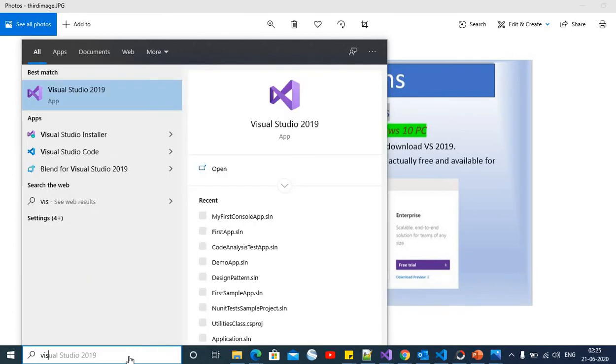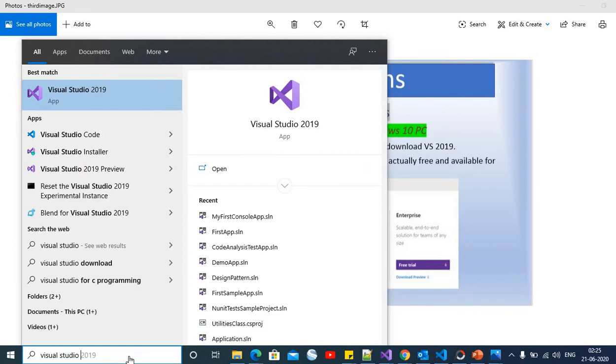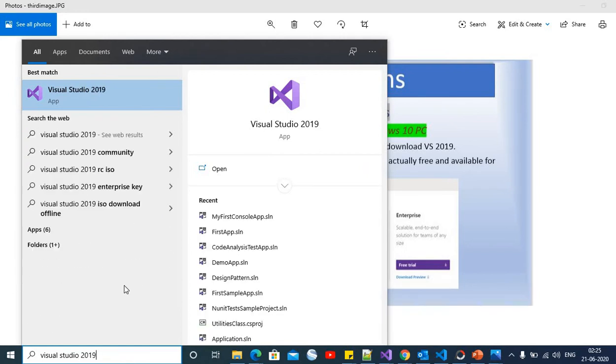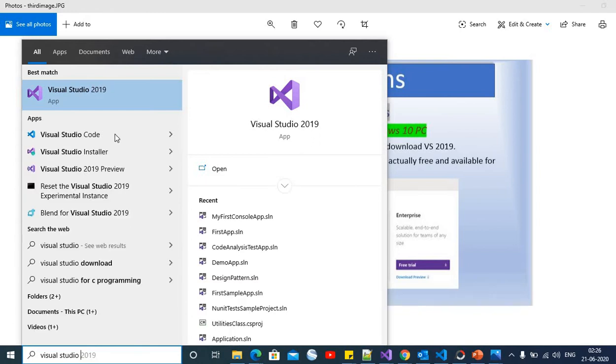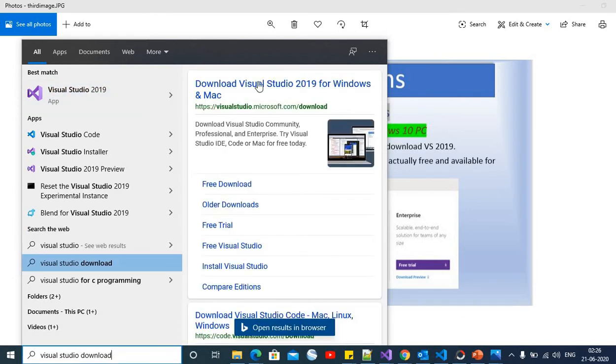type here Visual Studio 2019, or you can type only Visual Studio. Then in the search, you can click on the arrow and you can see this link. You can directly hit this link and